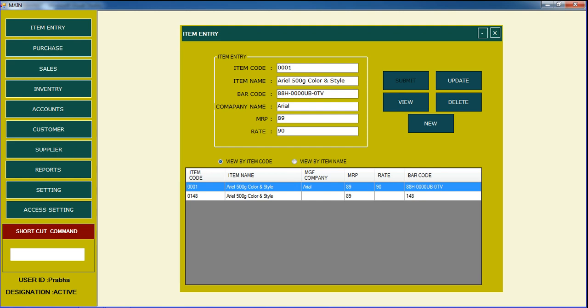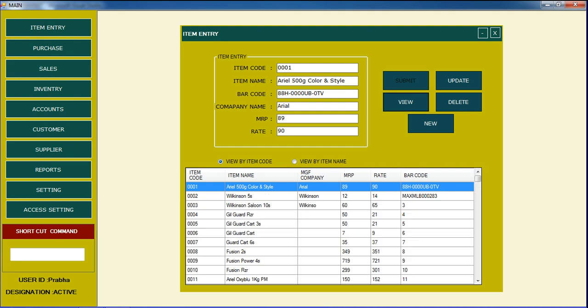Okay, so here, automatically, whenever I click view, it automatically searches. I click the radio button here, it automatically searches. Okay, what is that item name? Whenever I click item name, at that time it automatically searches with respect to this item name. Okay, and then if I click item code, it automatically searches item code. See, this item 1 2 3 4 5 6 like that.